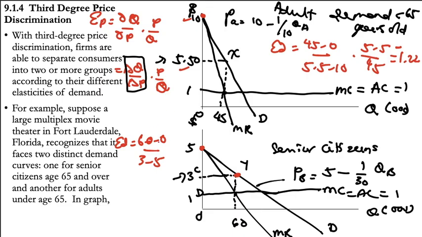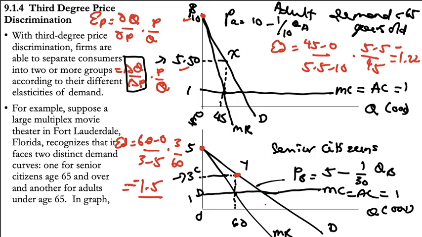Okay. And then for the second one here, multiply by P over Q. P at Y is 3. Q at Y is 60. Then you can get this answer, which is around 1.5. So obviously, with the more elastic demand curve for senior citizens, you can see the elasticity value in absolute terms, because we ignore this minus sign. Like I said earlier, the minus sign is just there to show you the law of demand. So we look at the value itself in absolute terms. 1.5 is greater than 1.22 because the senior citizens' demand curve, as you can see, is flatter,